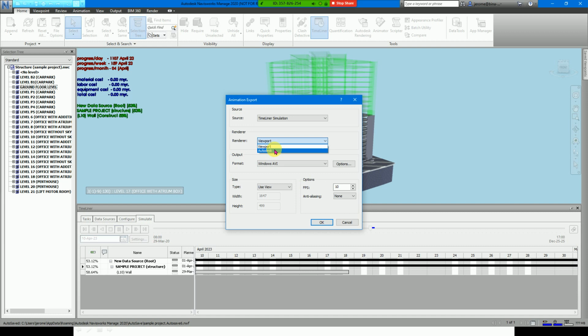Autodesk I cannot recommend for the meantime because we actually need a huge amount of time. When you render this to the Autodesk cloud, it's a good quality, but it takes time. So for now I will use viewport as a renderer. The file format, instead of JPEG or PNG, I will use AVI. Then size, you have to select use view. Then the frames per second,